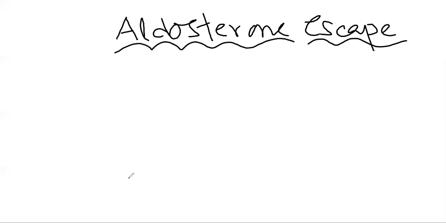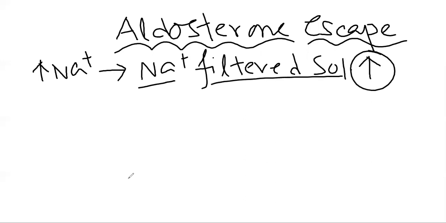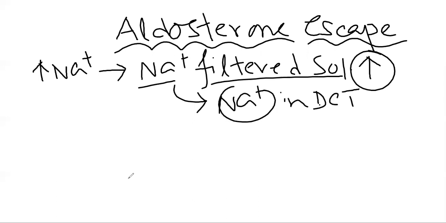What is that? Now, suppose there is increased sodium ion concentration in our body, a hypernatremic situation will occur. That means a heavy load of the sodium ion is present in the filtrate, in the filtered solution, so there will be increased sodium ion concentration. As a result, much amount of sodium ion ultimately comes to the DCT, the distal part of the nephron, in the P cell, which has only 3% capacity for reabsorption of the sodium ion in the last part of the nephron.